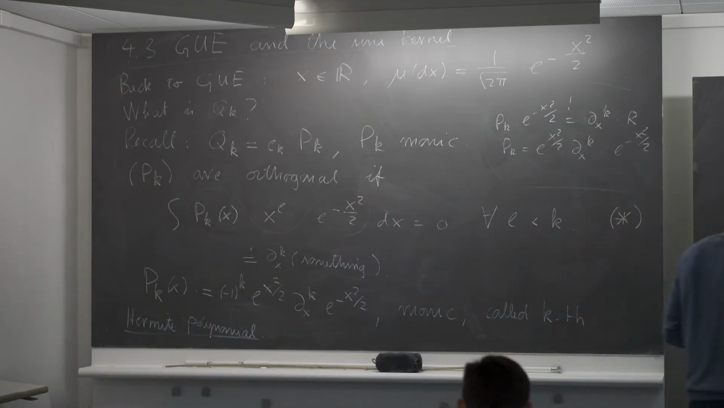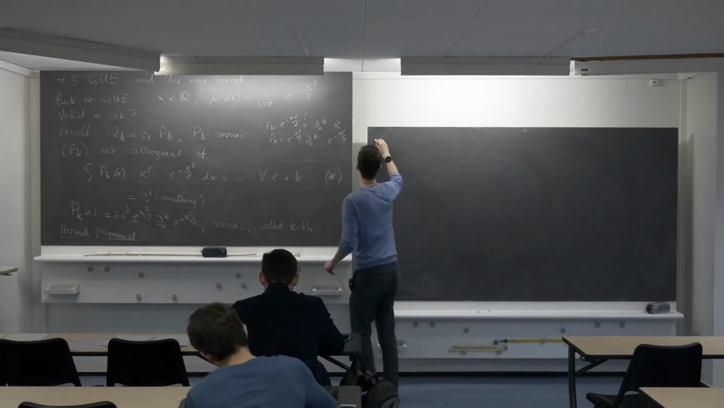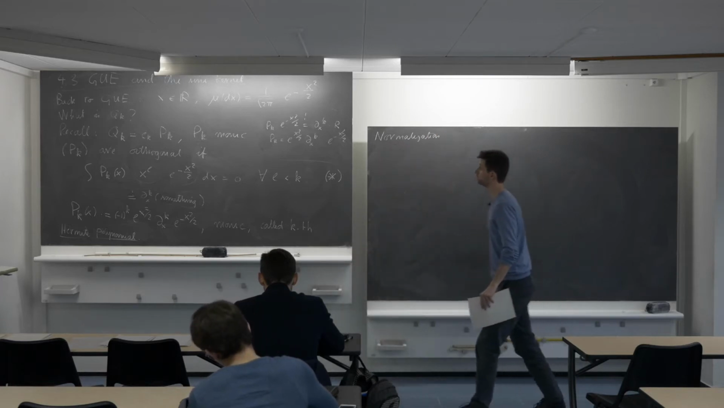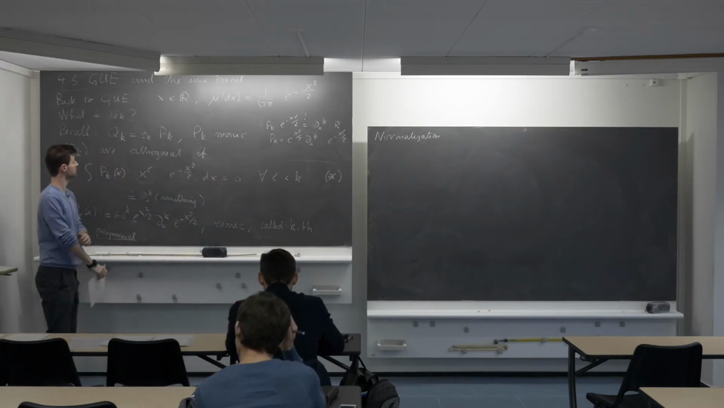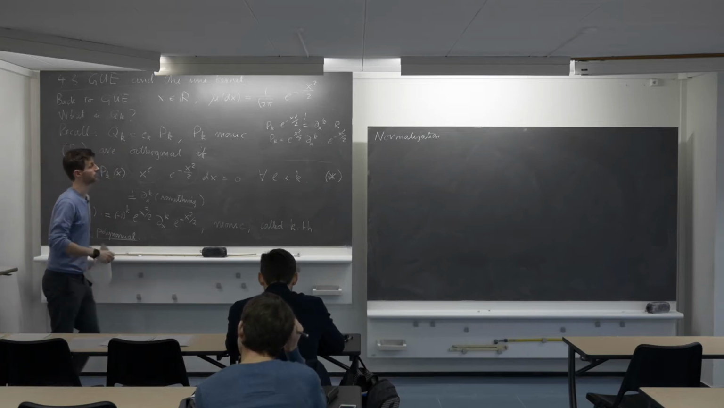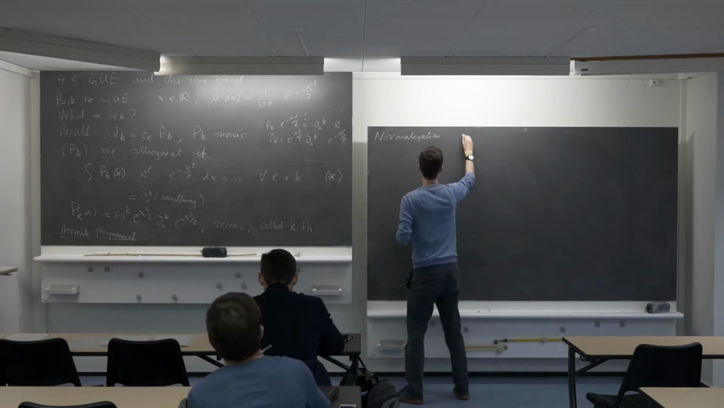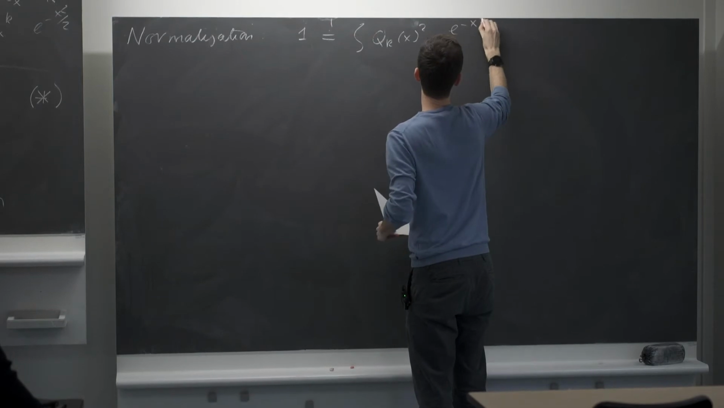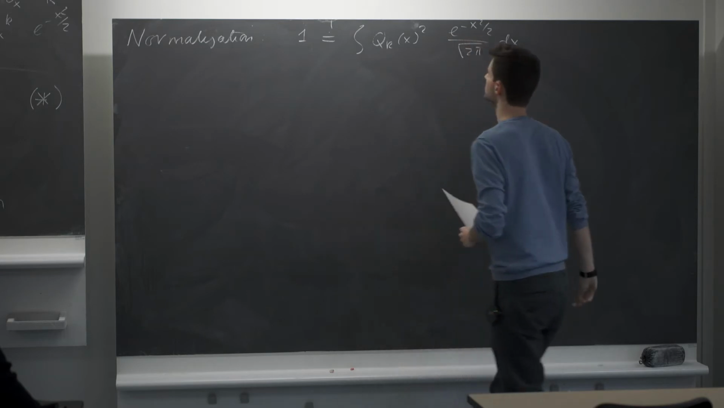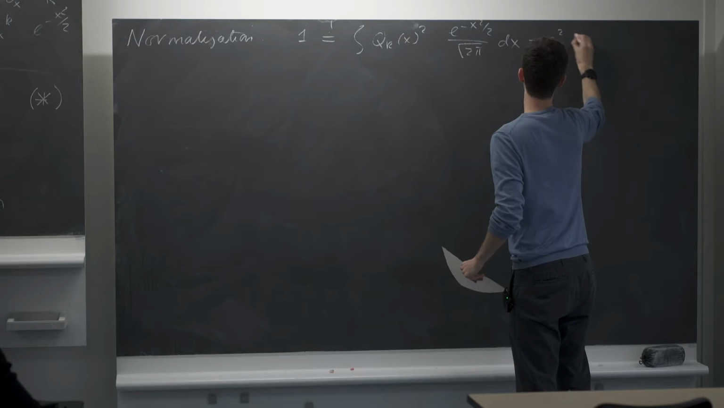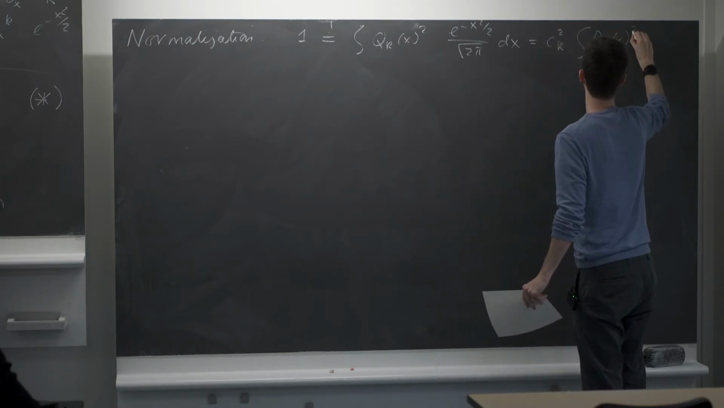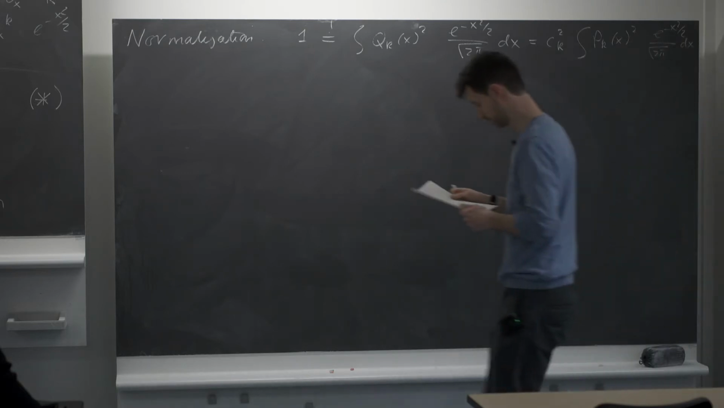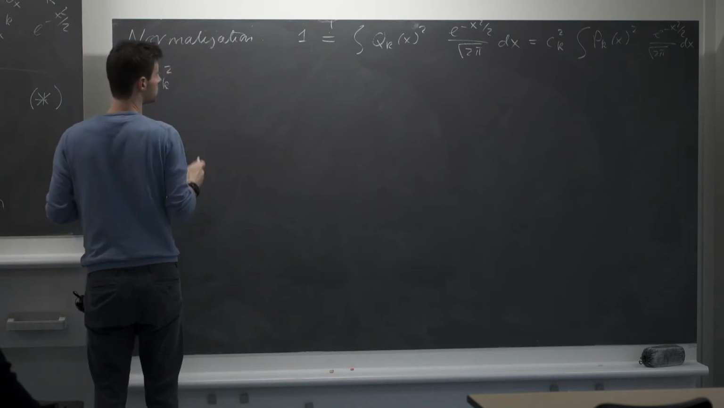Okay, so now let's figure out the normalization. I want to find the normalization factor ck, which is just going to be chosen such that qk is normalized. So I want 1 to be equal to the integral of qk of x squared e to the minus x squared over 2. Okay, so this is my condition. Now, by definition, this is ck squared, and then the integral of pk of x squared. Okay, so now I need to calculate this integral, so let's just plug in the definition. So this is equal to ck squared, and